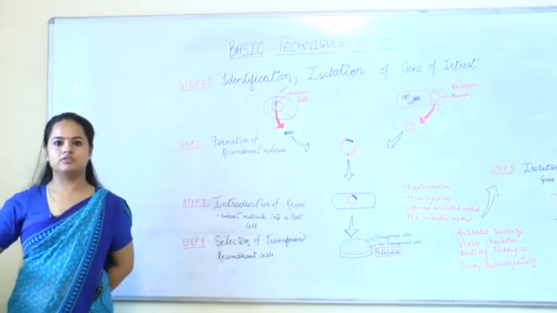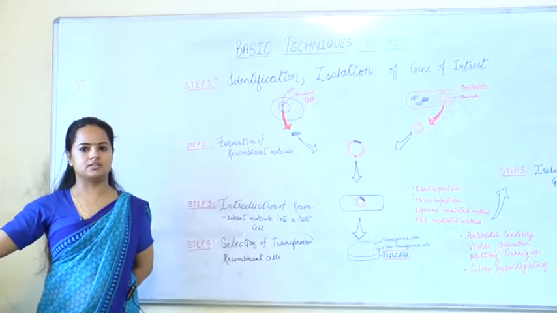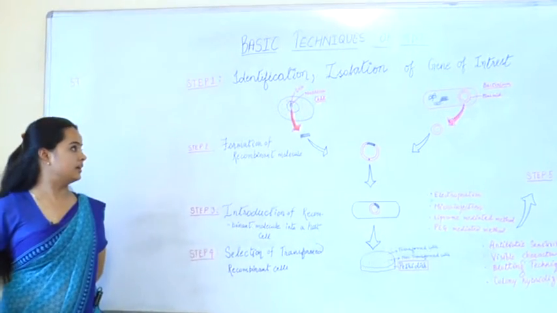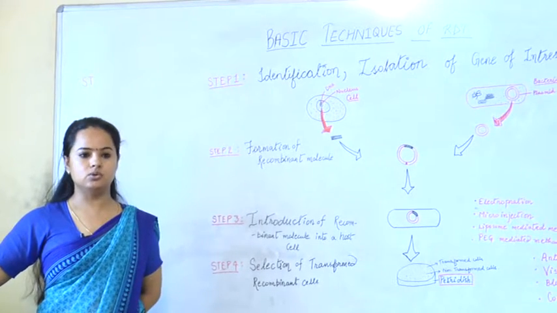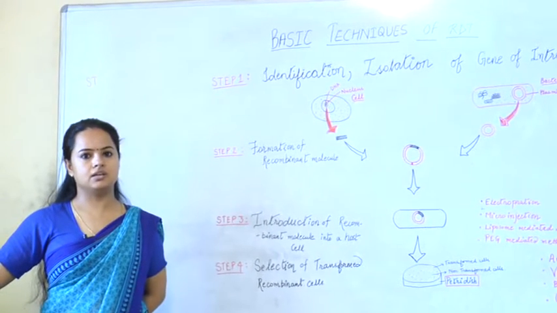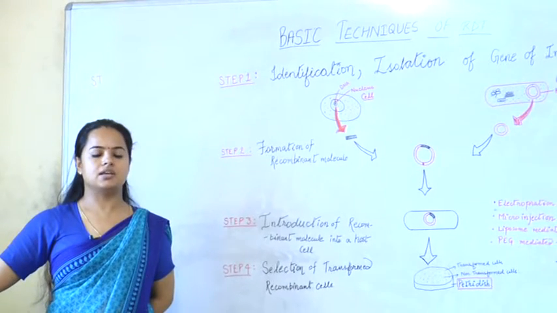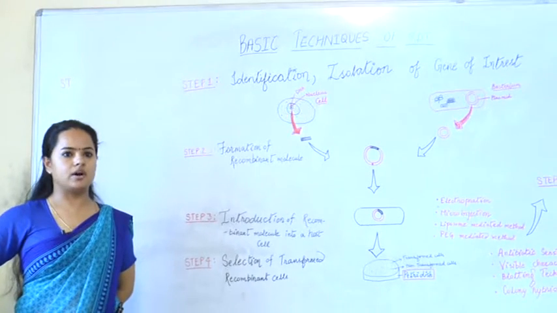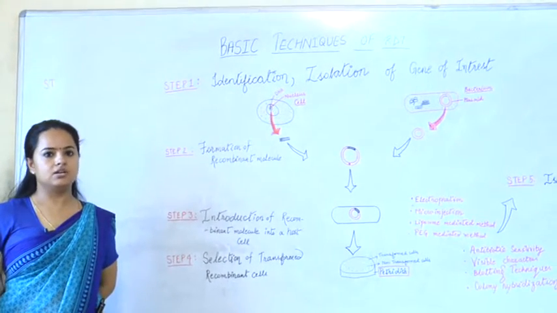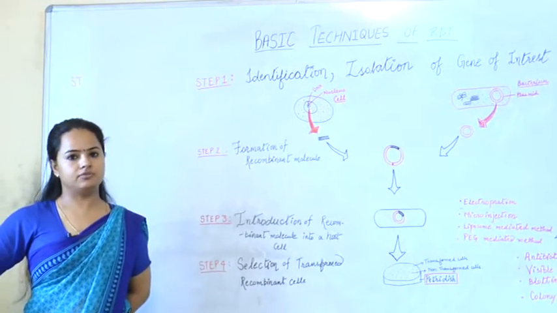Going to discuss the basic techniques of recombinant DNA technology. By definition, we can understand recombinant DNA technology as a very wonderful tool of genetic engineering where we perform isolation, identification, and insertion of a gene of interest into a required vector, that is a vehicle, to turn the gene of interest into a very productive thing.